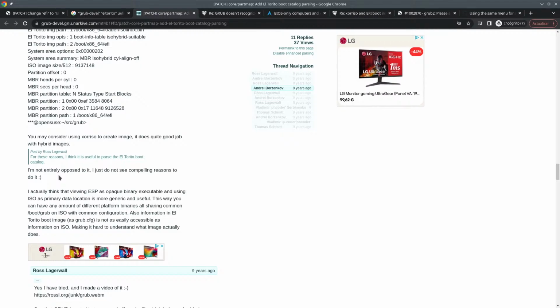I'm not entirely opposed to it. I just do not see compelling reasons to do it. Actually, I think that viewing ESP as an opaque binary executable and using ISO as the primary data is more generic and useful. This way you can have a number of different platform binaries all sharing a common boot GRUB on ISO with common configuration. Also, information on the El Torito boot image as grub.cfg is not accessible as information in the ISO, making it hard to understand what actually